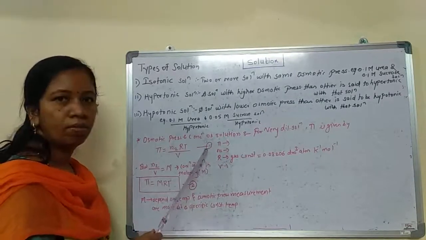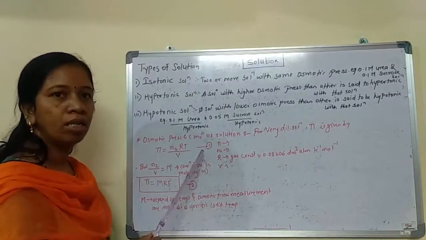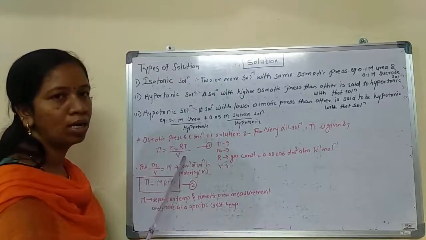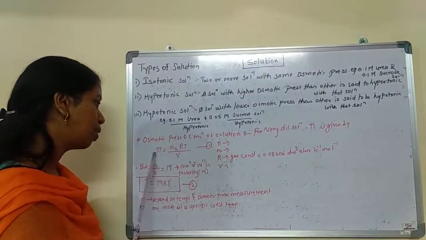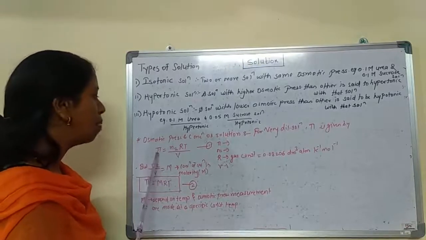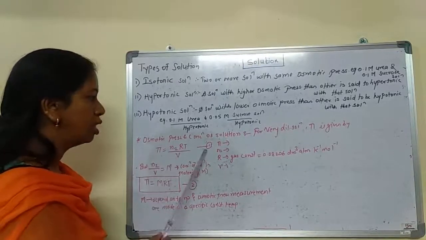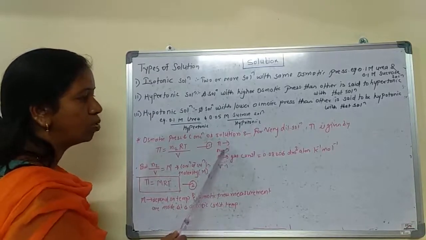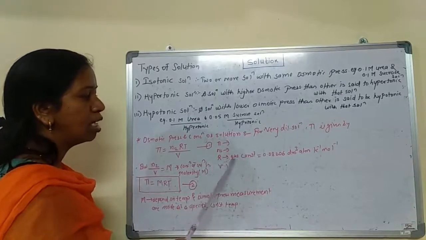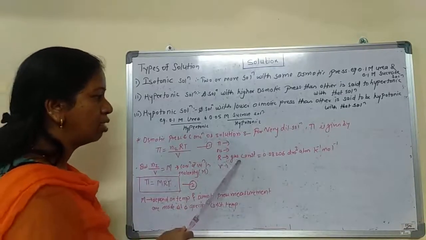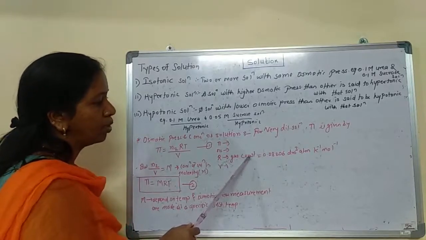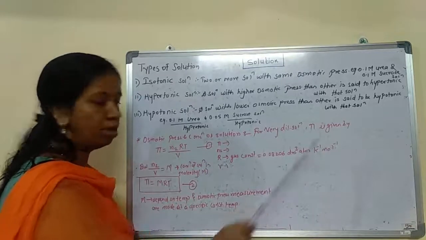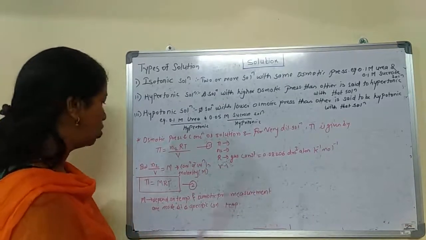Last day, in the chapter States of Matter, we had one more relation, that is P = n2RT/V, or PV = n2RT. Developed for the osmotic pressure, we get pi = n2RT/V. This is equation 1, where pi is the osmotic pressure of the solution, n2 is the number of moles of solute particles, R is the gas constant, which is the same as that in the ideal gas equation, equal to 0.08206 dm3 atm per K per mole, and V is the volume of the solution.